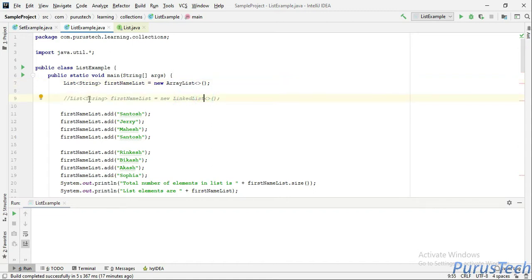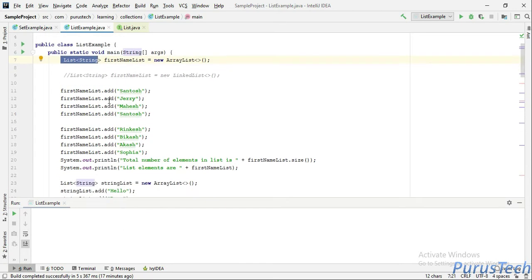So what is the difference between set and list? A set contains only distinct elements, but list classes can contain duplicate elements also. And list is index based, whereas set was not. Index based means you can retrieve the elements you have put in your list by the index number. It starts with 0.